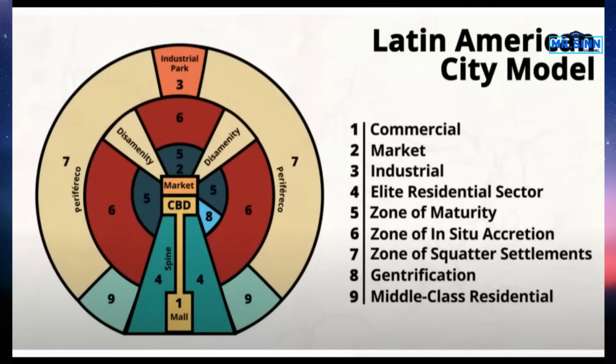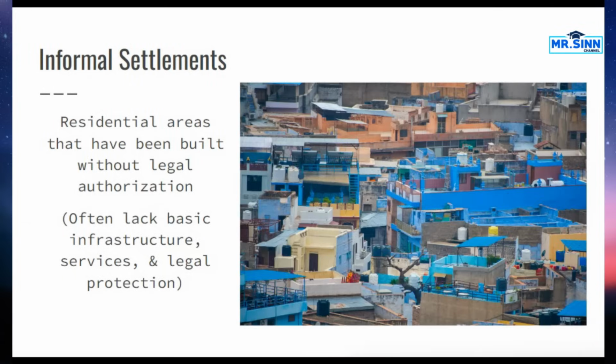The disamenity zone, when we're seeing that, so these are these areas. I saw some people asking about that. This is an area where residents are living in extreme poverty. Generally, they're lacking infrastructure like water, power, sewage. So we have extreme poverty here, a lot of lack of just basic necessities. We might have some squatter settlements or informal settlements, people who don't actually have ownership of the land. And that gets into our next concept here.